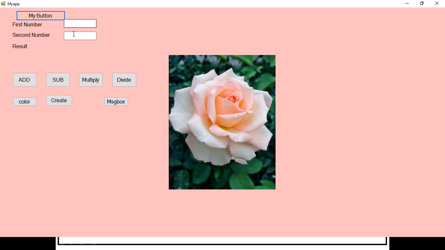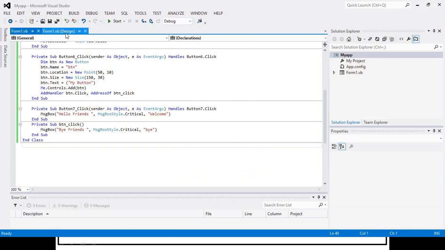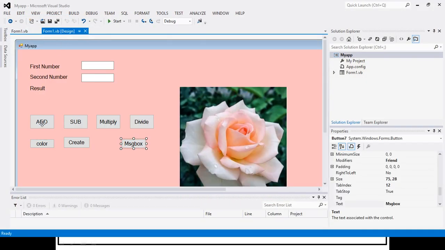So in this lecture we learned the addition, subtraction, multiplication and division of two numbers. Also we are able to change the color of our form, and the creation of a button at runtime and display of the message. One important thing left is that we can also give pictures.